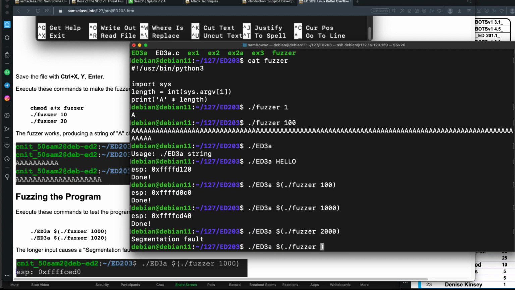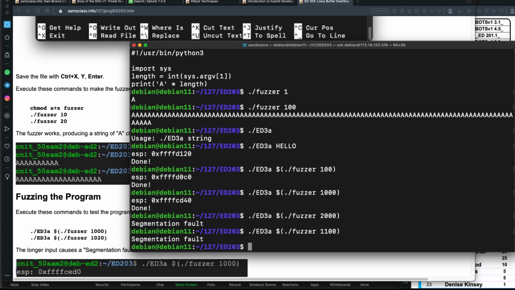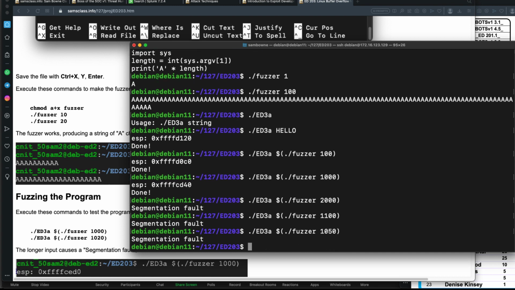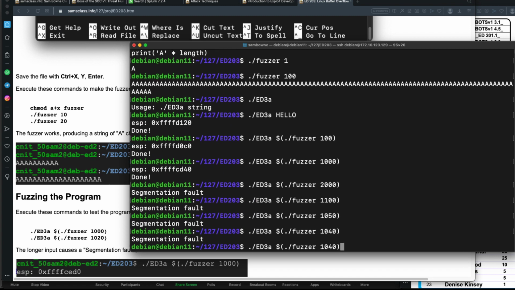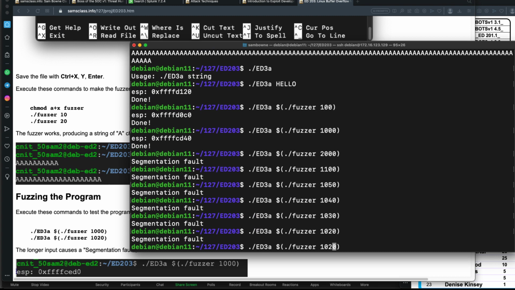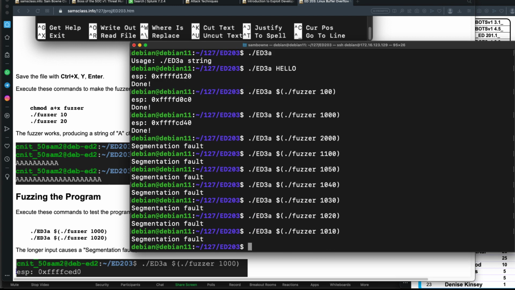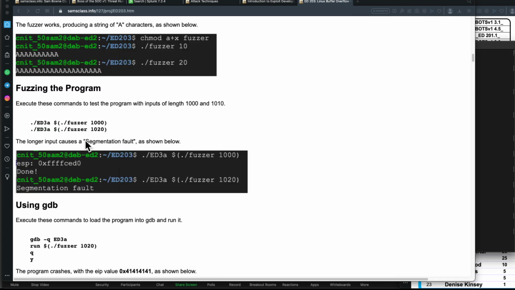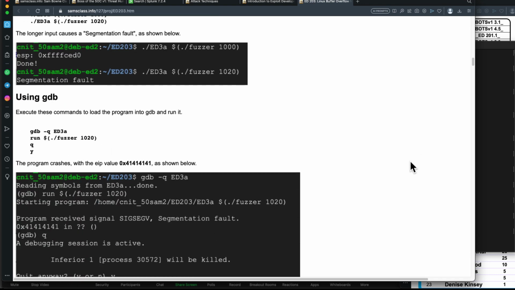So you can narrow it down a little more. 1,100 causes a crash. 1050 causes a crash. 1040, 1030, 1020. All right, anything much above 1,000 does. So we found that 1020 is good enough to cause a crash, and now we can analyze it